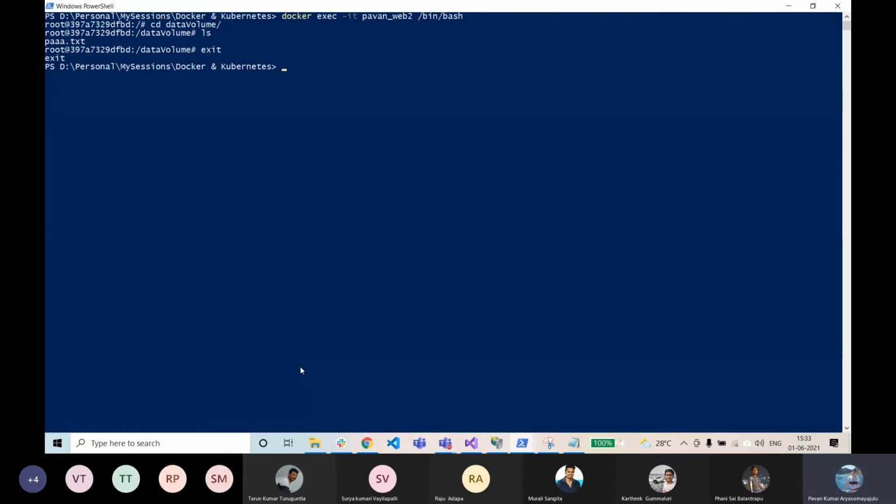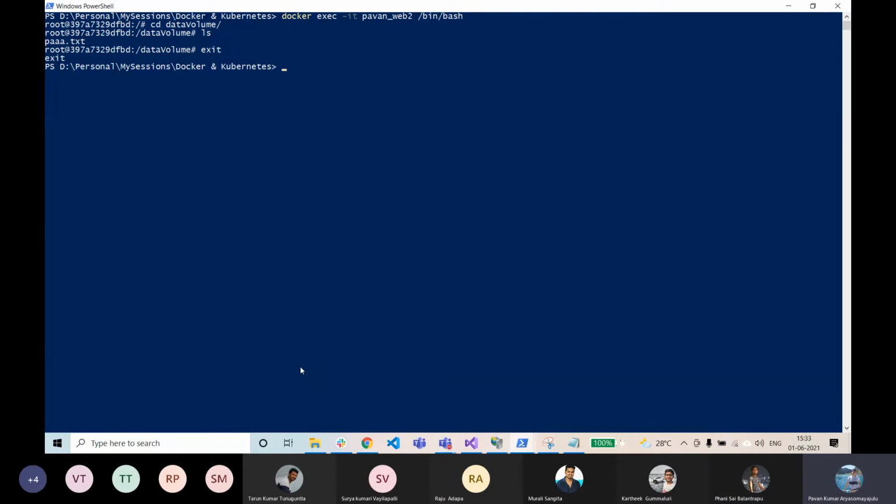Do you agree with me or not? The data is supposed to persist. So if I stop the container and the data is lost, obviously I lose all my data that is present in the database. But that shouldn't happen, right? Whenever I stop the container, and whenever I recreate or remove the container and create this database container, it should pick the data, right? So that is where these volumes are actually useful.